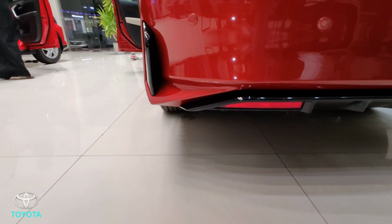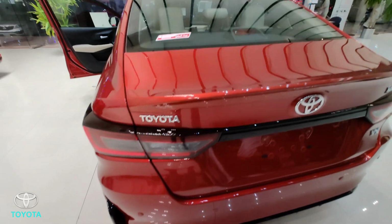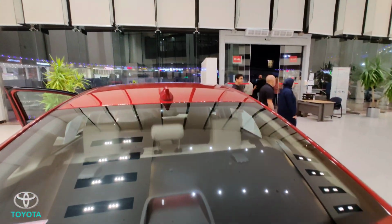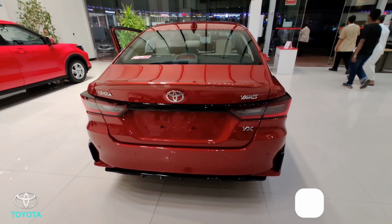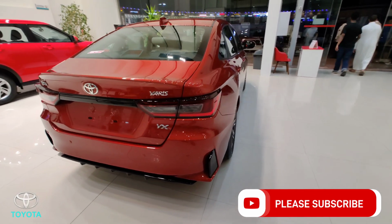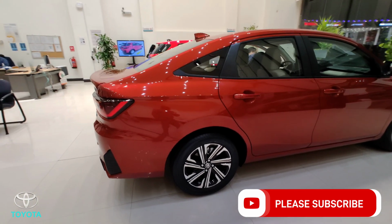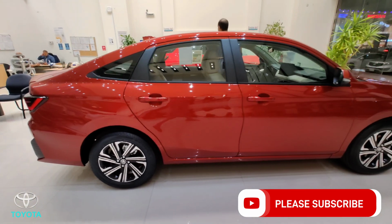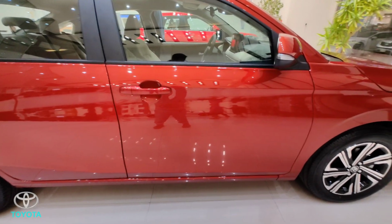But at the bottom of the back bumper, there's a tasteful-looking gloss black diffuser with some reflectors on each side, which delivers a sporty theme, with a nice red and black color combination. Very nice indeed. So let me know your thoughts down in the comments about the back design of the new Yaris. Personally, I think it looks so beautiful, along with the side profile, which looks so much better than the